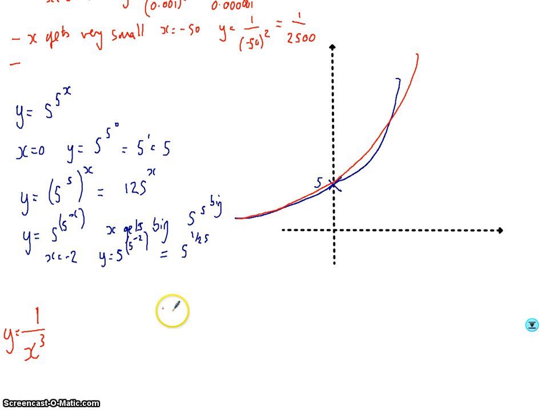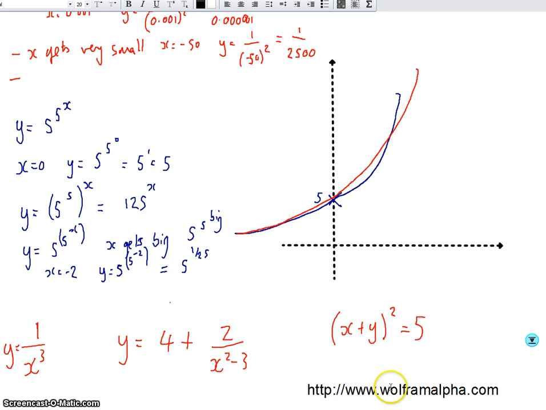So we've got 1 over x cubed. How about this one? y equals 4 plus 2 over x squared minus 3. And we've got this one as well. This is something slightly different. x plus y squared equals 5. So there you go, you've got three different graphs to have a go at,